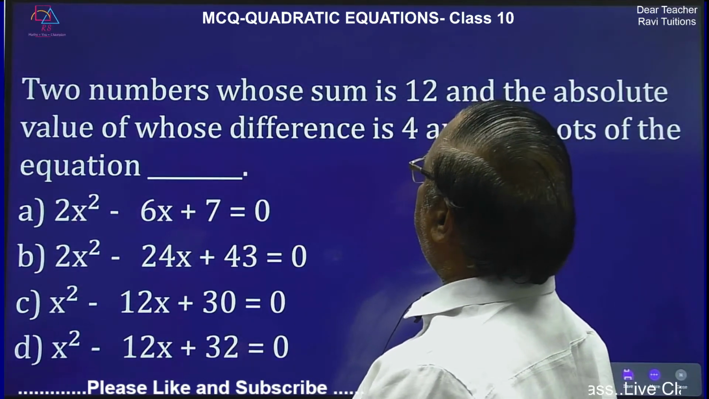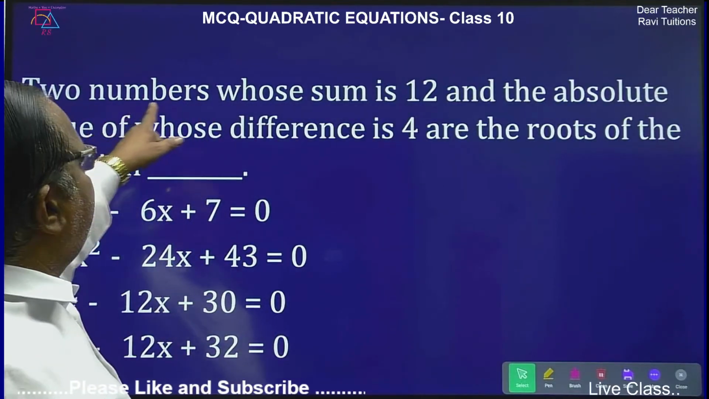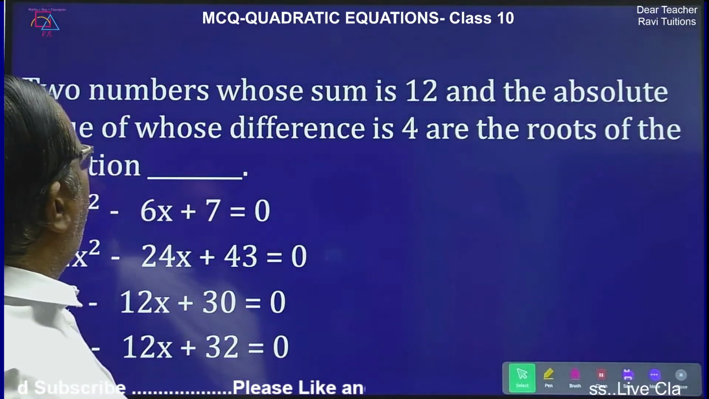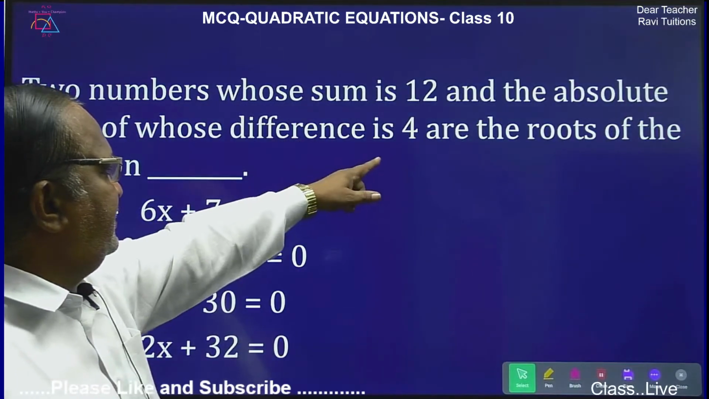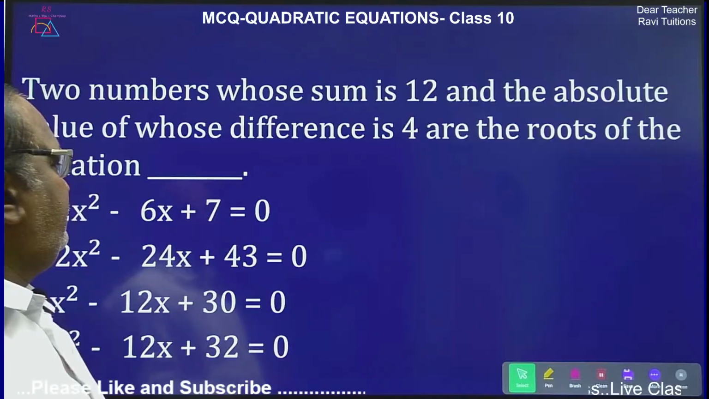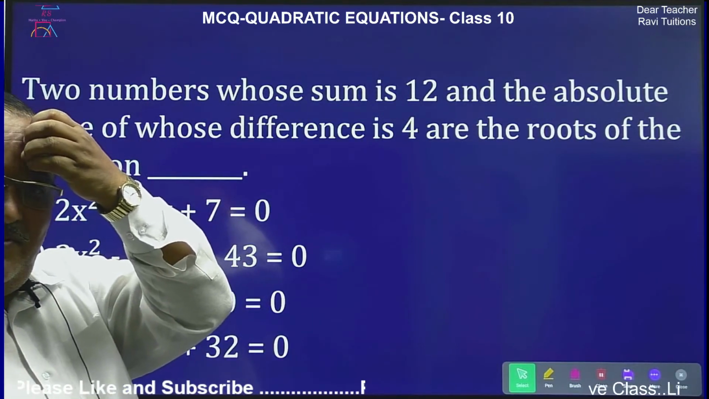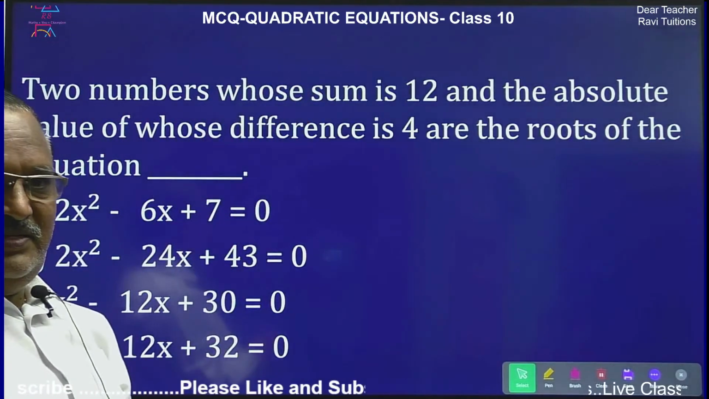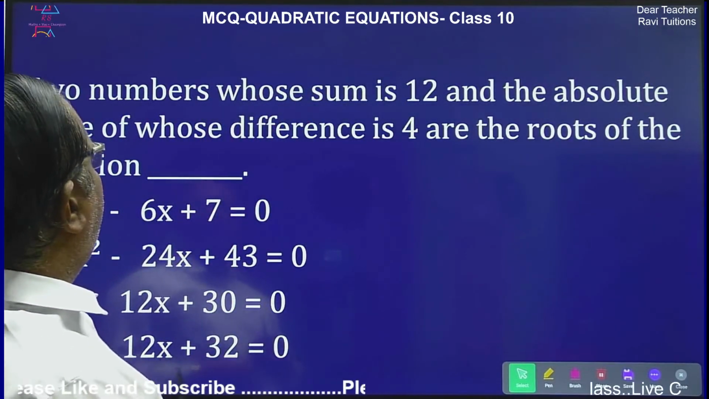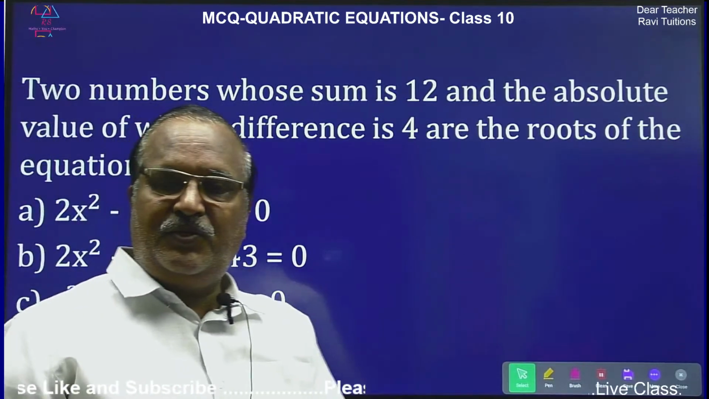The two numbers whose sum is 12, absolute value of whose difference is 4, and the roots of the equations are dash. So this is a word problem. Copy chesko. Akkada chestava. So the two numbers whose sum is 12, say those who are